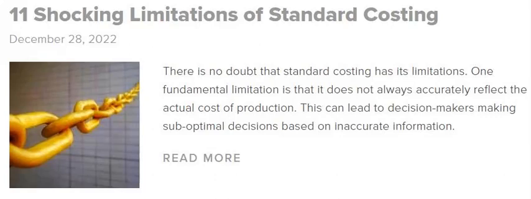4. Standard costing is limited because it can be inflexible. One of the key criticisms of standard costing is that it can be inflexible for analysis and decision making. This is because standard costing relies on predetermined costs, which can often be outdated when used in decision making. This can lead to suboptimal decisions being made, as the actual costs may have changed significantly since the standards were set. This can make it difficult to identify areas where cost savings can be made or where improvements need to be made. Another issue with standard costing is that it can often lead to over or under absorption of fixed costs. This can then distort profitability figures and make it difficult to accurately assess a company's financial performance.